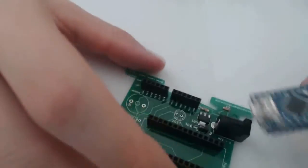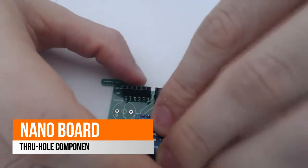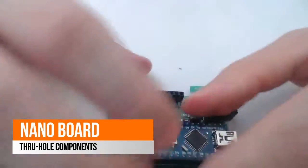All right, so now I'm going to go ahead and attach the Arduino Nano. Okay,